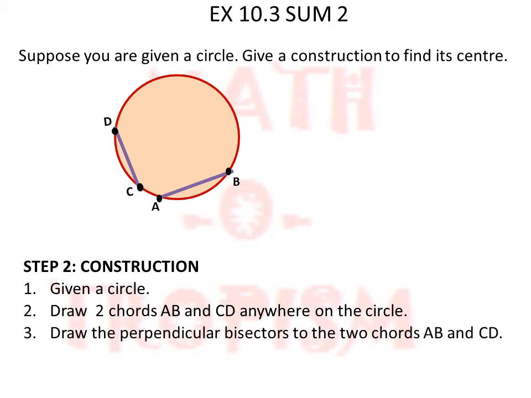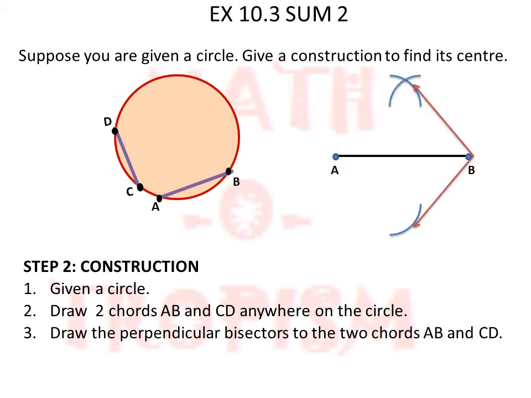Just a small recap of how to draw the perpendicular bisector. So let me take that the line is AB. Then I will be taking a radius in the compass in such a way that it is just lesser than the length of AB. That means nearer to the point of B, I will just reduce the radius a little bit. Take my compass, keep the point at A and draw an arc above, and next I will draw an arc below the line. After that I will take B as the center and draw similarly an arc intersecting the previous arcs both above and below the line.